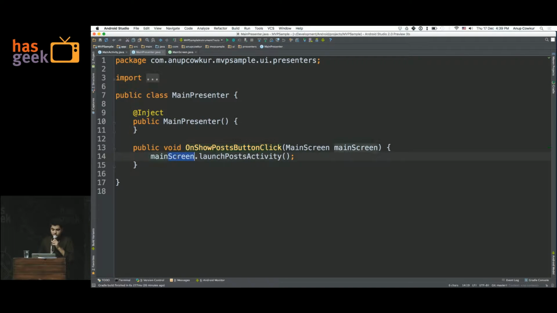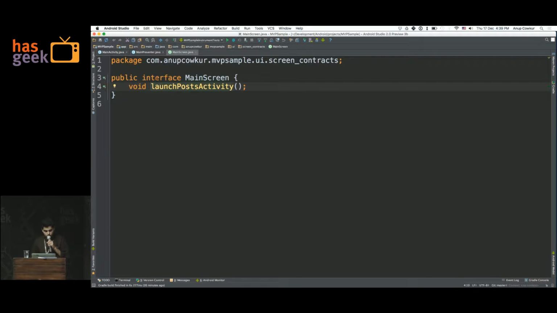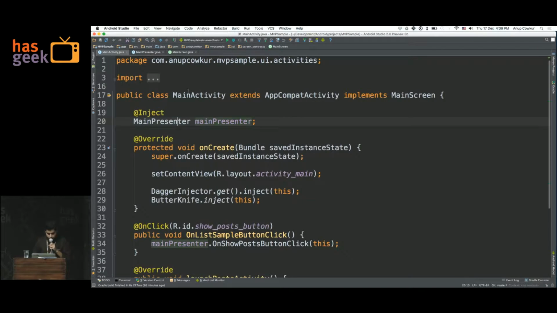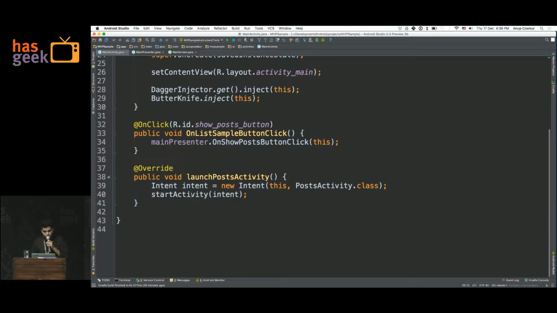What it's doing is calling the main screen again. You can see the main screen is being passed here, right? Now you can see that it's not an activity, it's just some abstract concept called a screen, right? And it's going to call this method, which we implemented through the interface, back onto the main screen, which will launch the second activity.